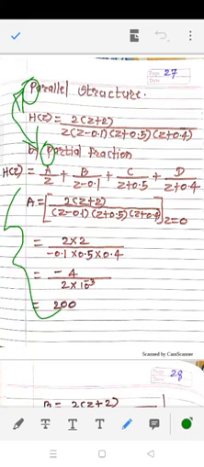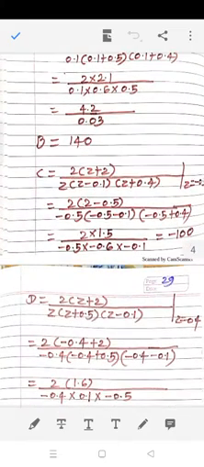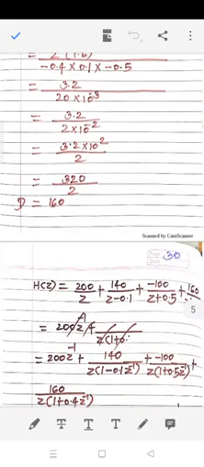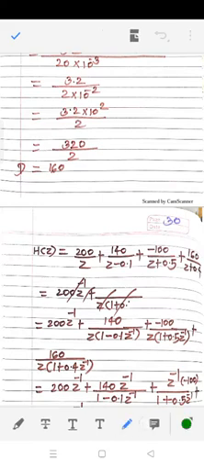But still, if you are not getting the concept, then take up your 12th class book or your diploma engineering mathematics textbook. You will get the concept of partial fraction. Okay, so this is our partial fraction expansion. So we will get the A, B, C, D values just like this, and then we will apply them to h of z.